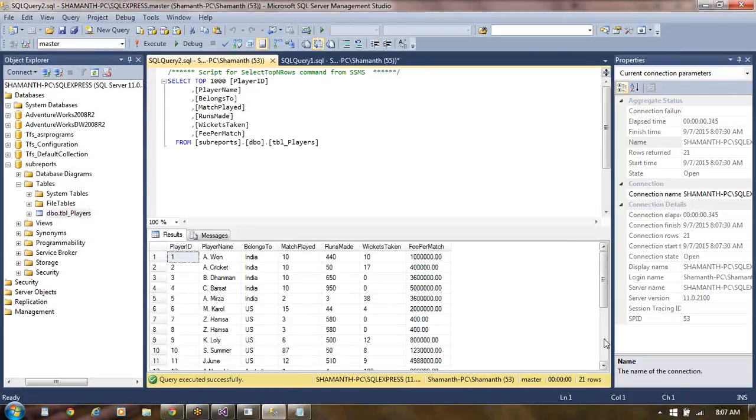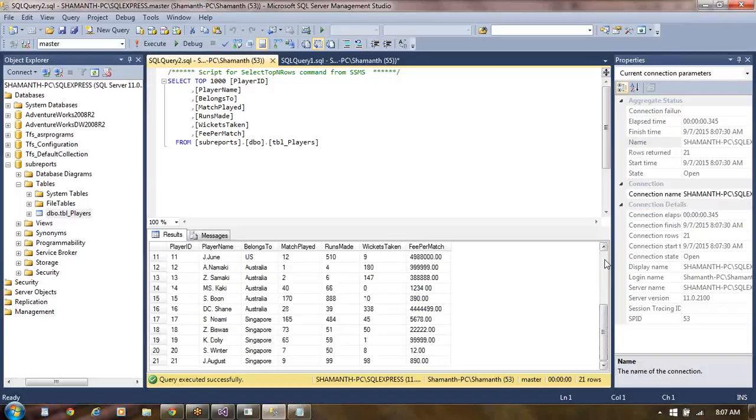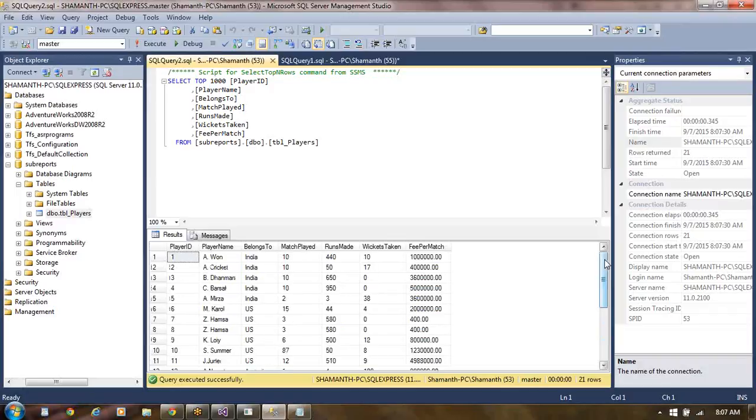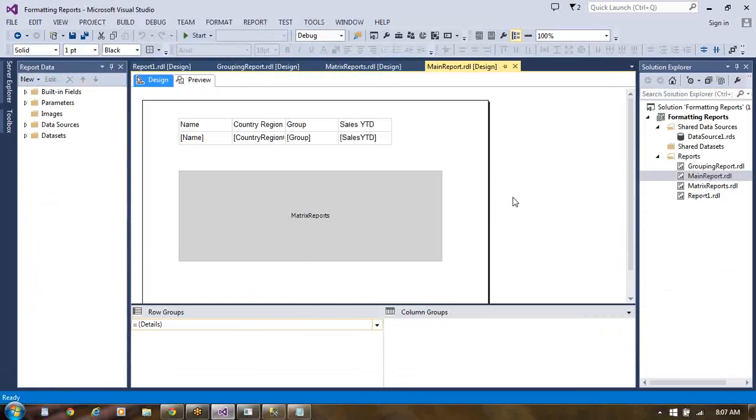This data is available. Based on this now let us try to make subreports. To make subreports and all this proper data is required. Without understanding table data, we cannot do much. So this is the table data available for us. Now based on this, let us make subreports here. Okay, so here this is the data available. Subreports is the database name. Here let us try to make subreports.